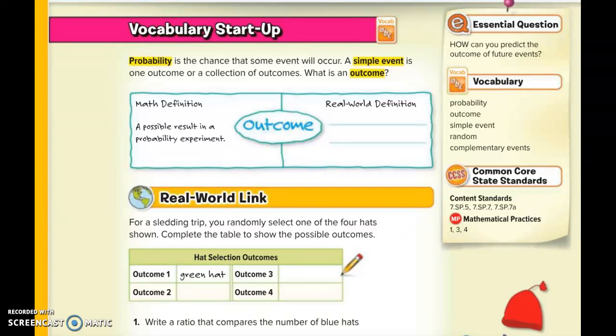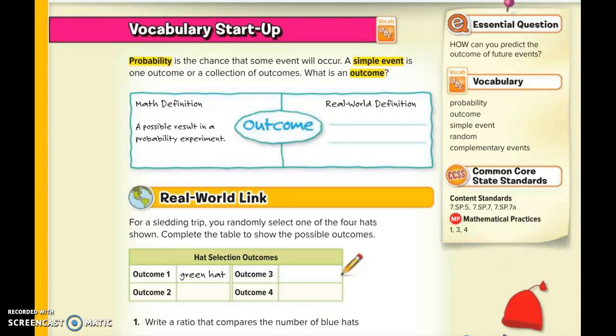All right, so we are going to start our unit on probability. So we are in our books right now on page 711. And remember, I expect you to write down everything that I am writing down. So we're going to talk a little bit about vocabulary. At the top of the page, it says